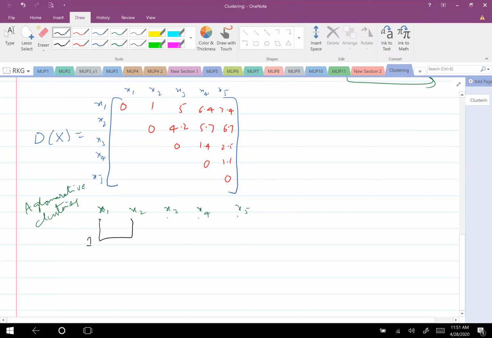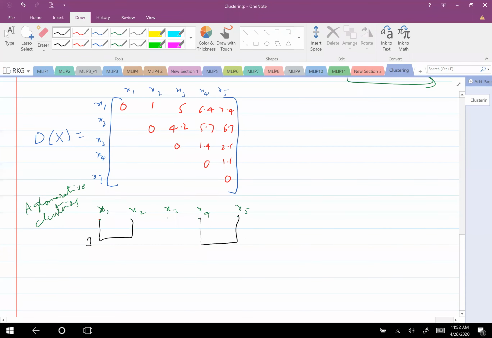So we group them first. What is the next group I should form? This has already formed a cluster, C1, but I want to group the next one to this group or to any other new group I want to form. Which is the next one I should form? Muhammad, X4 and X5? What is that? X4 and X5, or X3 and X5?